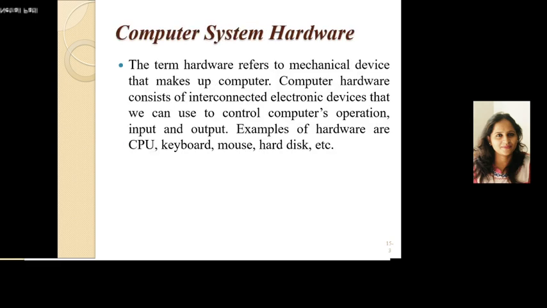Start with computer system hardware. What is computer system hardware? The actual physical components that constitute a computer are known as computer hardware. In other words, anything in the computer that you can touch and see is the hardware. For example, CPU, monitor, keyboard, etc. Hardware represents the physical and tangible components of the computer, that is, the components that can be seen and touched, is called computer system hardware.